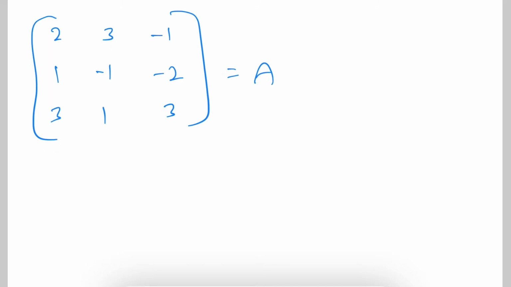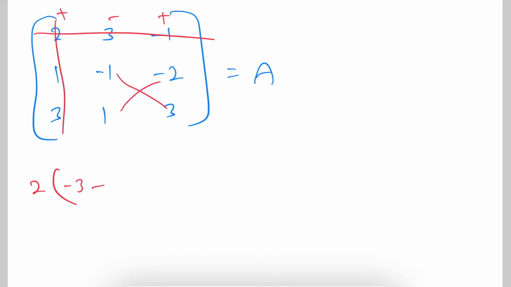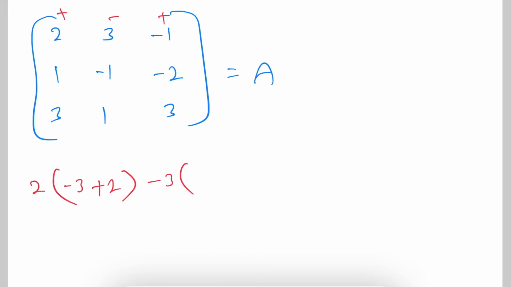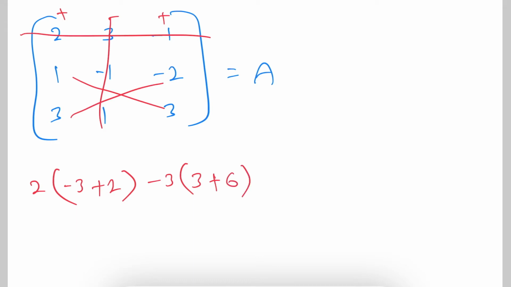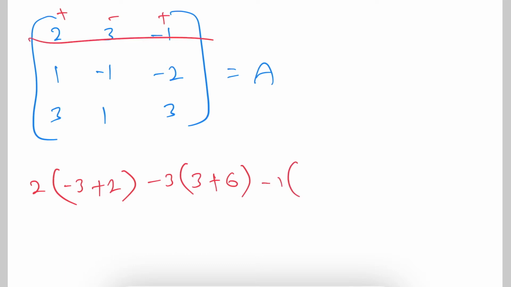So, for that I am going to solve the determinant. Plus, minus, plus. So 2 into, if we remove this column as well as row, minus 1 into 3 minus 1 into minus 2 minus 2, but already minus is there, so it will become plus 2. Next, the second element, that is minus 3 into, if we remove the row and column, 1 into 3 minus 3 into minus 2 minus 6, but already minus is there, so it will become plus 6. Next, the third element, plus into minus 1 into 1 minus 3 into minus 1 minus 3, already minus is there, so it will become plus 3.